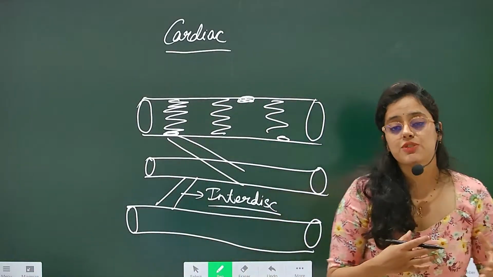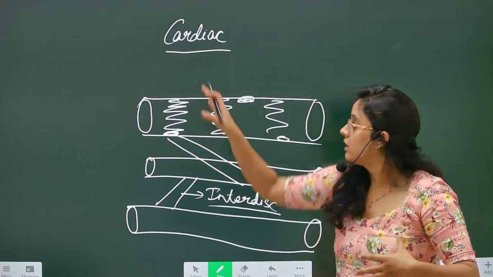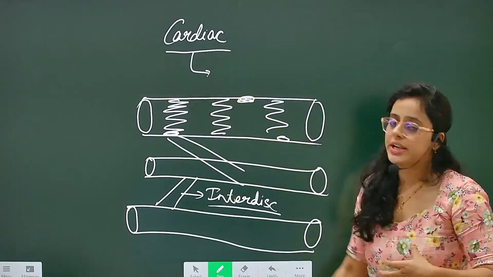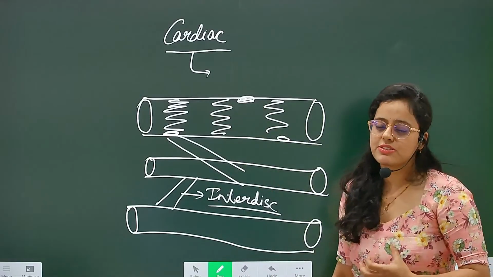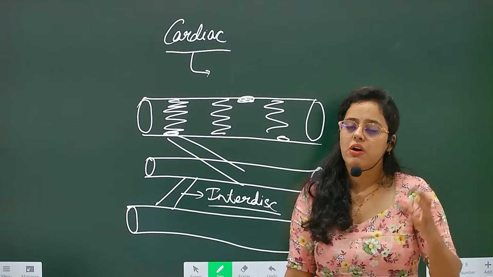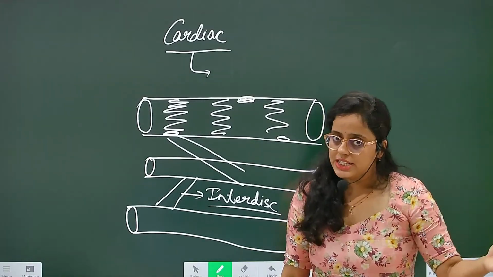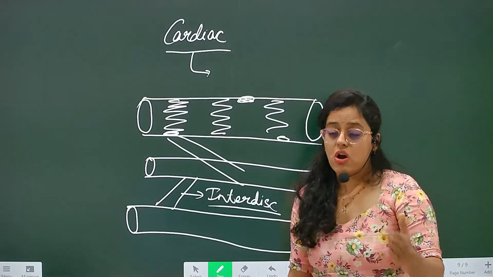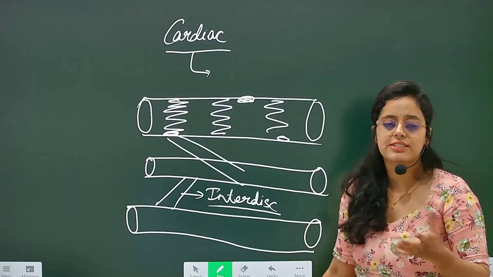The heart is beating continuously, the heart is pumping, it is contracting and relaxing. The contraction and relaxation is due to cardiac muscles. So the pumping of the heart is because of cardiac muscles. The cardiac muscles are continuously contracting and relaxing. For skeletal and non-striated or smooth muscles, they have a relaxation period, but cardiac muscle doesn't have a relaxation